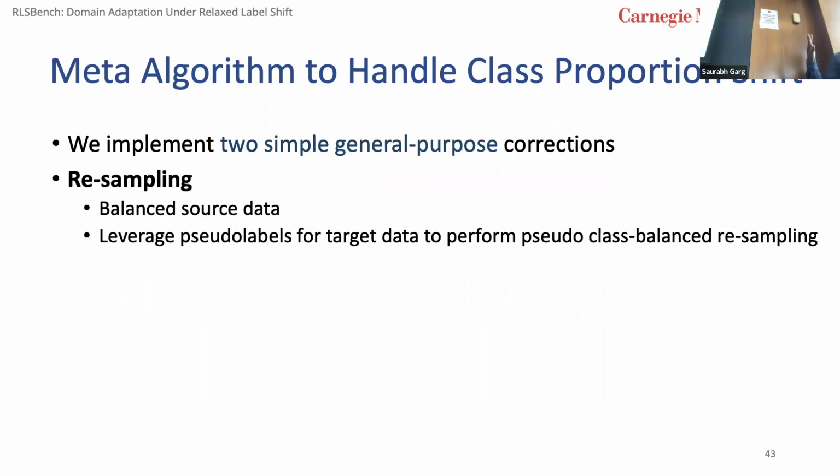Okay, so now we include some simple baseline corrections, and we want to see how those baseline corrections might help with this relaxed label shift problem. Here I'll introduce two general purpose corrections that we can plug in with any domain adaptation method of choice. The first is resampling, where